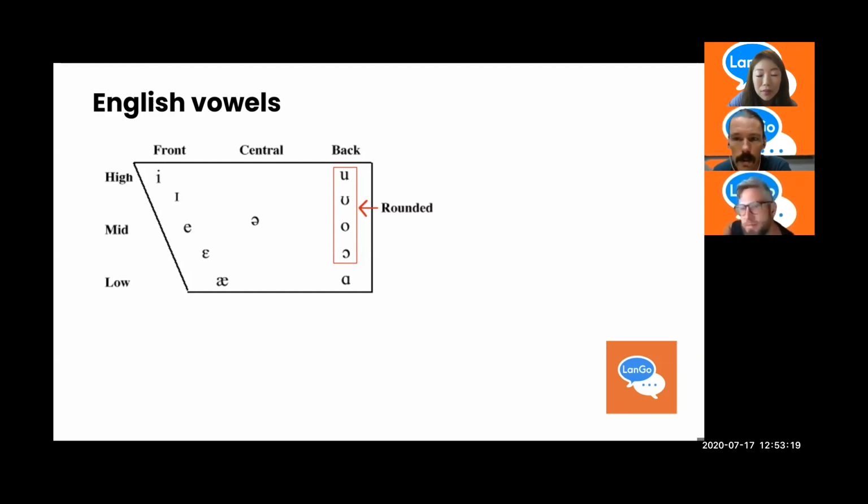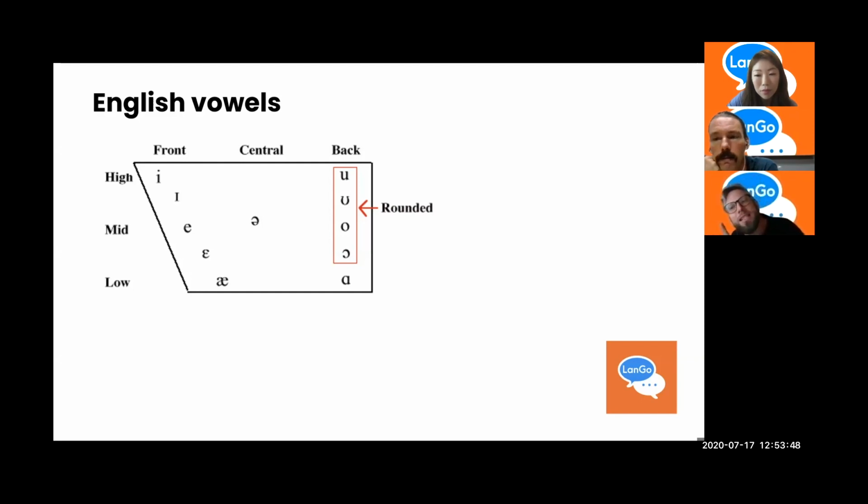Shall we continue in a single motion and go back upward? You choose where you start, and I'll follow you. Go to ah at the bottom, which we have in the word father. So I guess it's fitting that I get the next one because I don't have the merger. To compare with father, another word that has that same vowel is bot, short for robot.